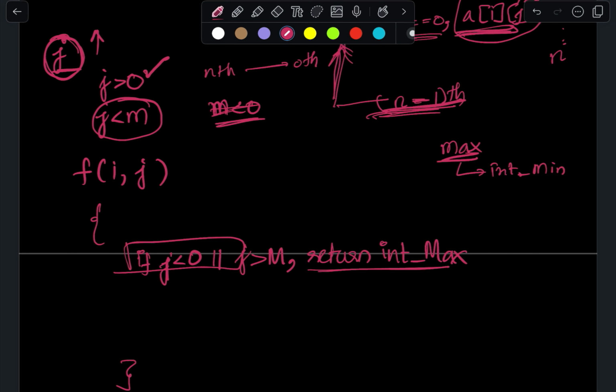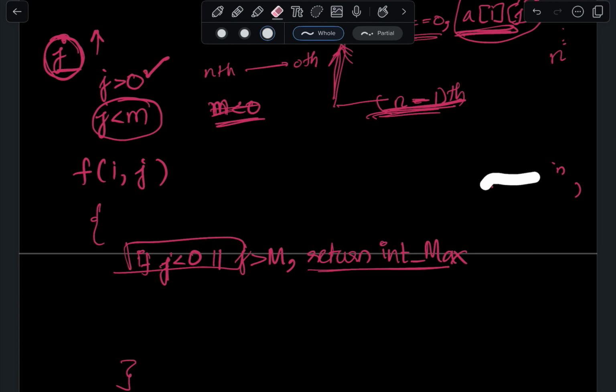Now why is that? If you are supposed to return max of something and you are comparing an out of bound thing, an out of bound would be int min and the higher end would be an element like 8. Now you are supposed to return a realistic value that is present and is maximum. So out of bound cannot be considered. So what is the actual value that can be considered? It is 8. But if you consider int max for the max value, then what will the max of 8 and int max be? It will be int max. So for out of boundary cases, you should always consider the opposite